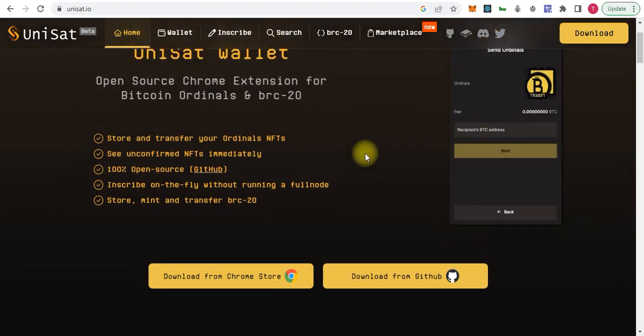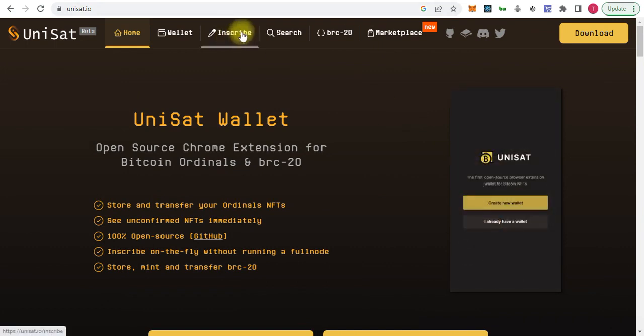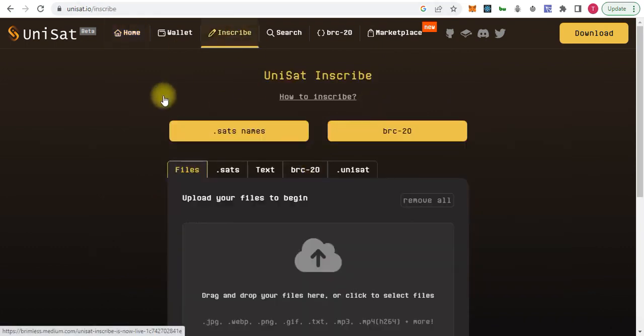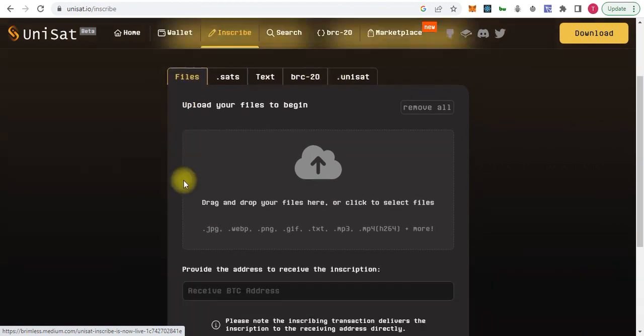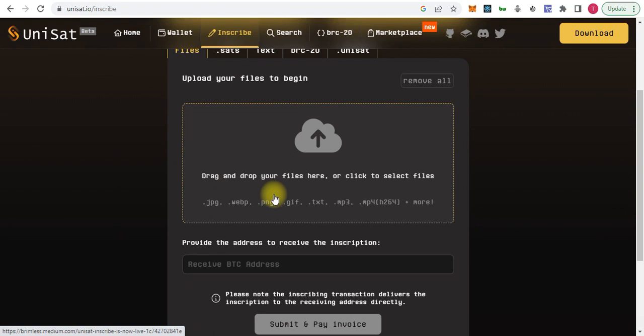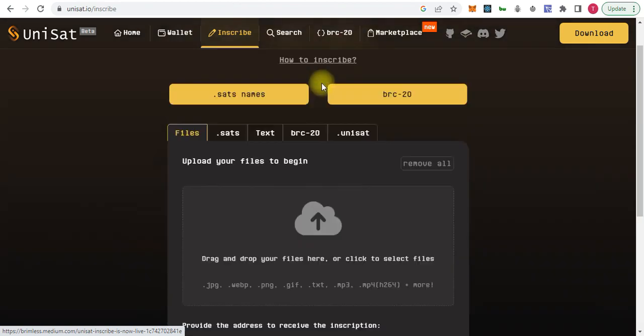Then we have some Bitcoin in our wallet, and here we have Inscribe, where you choose what you want to mint: files, sats, text, or BRC-20. Here you can list a JPG, WebP, PNG, or GIF as an NFT, and the address. If someone buys the NFT, you will receive your amount, and then you can submit and pay the invoice, or you can create